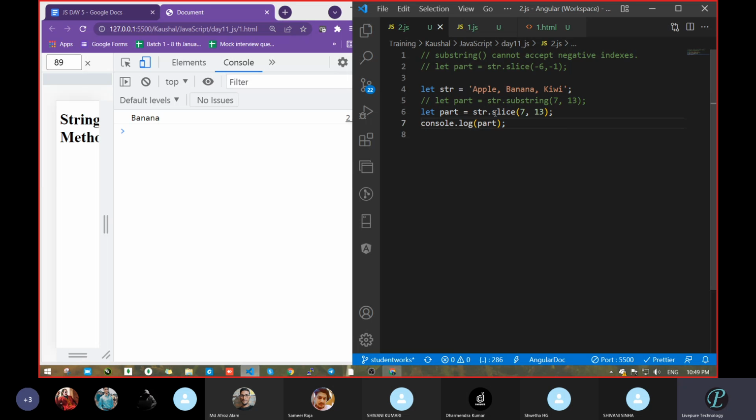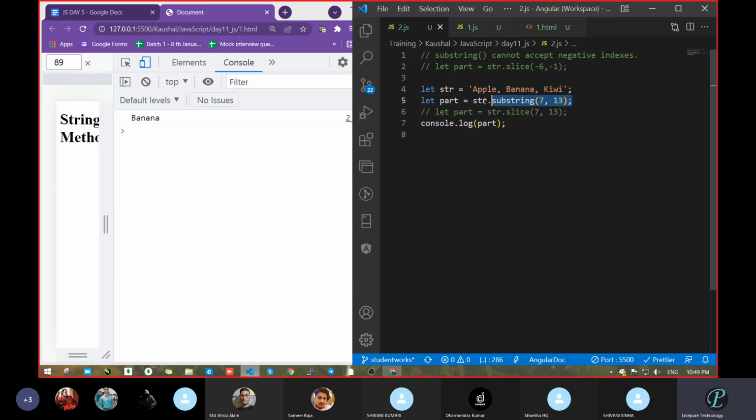Okay, now remove this banana and take the substring method. Did you observe any difference in this case? In both? No, there is no difference actually. In the case of positive values, there is no difference.